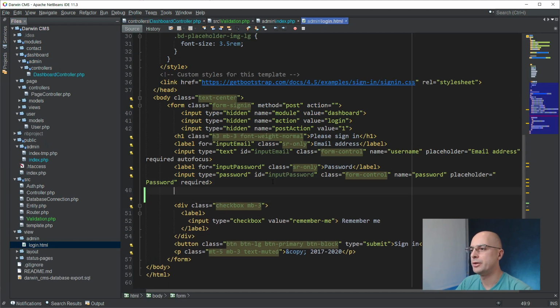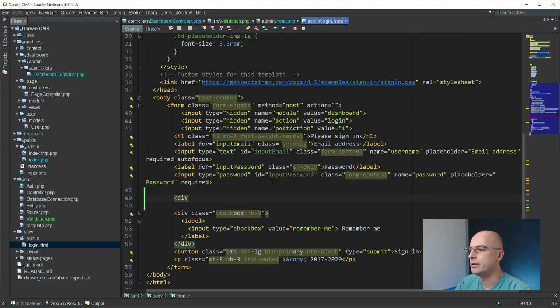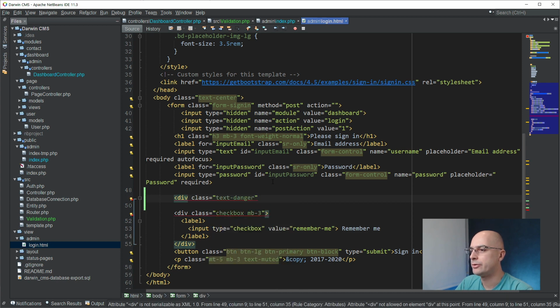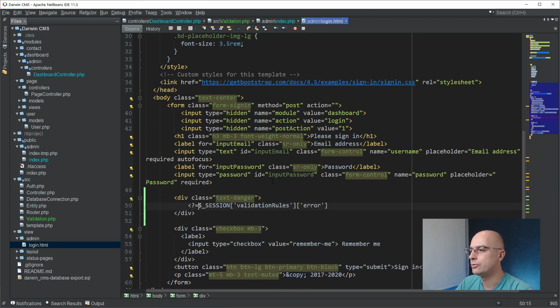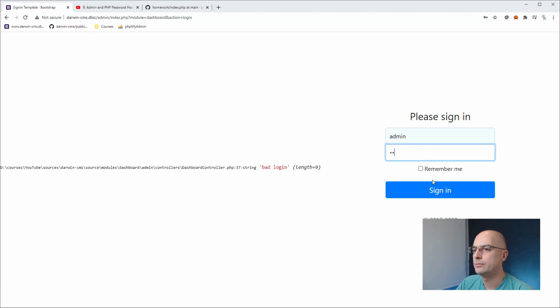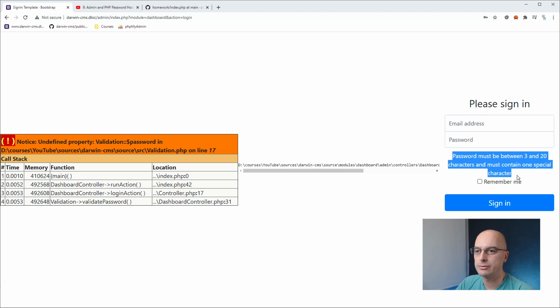And we can put it right here under the password in one div, for example, with a class. Since we are using Bootstrap, we can say text-danger, for example. So we are just going to echo this variable, and if it's null, then we are just going to put an empty string. And now if we try our luck with the login, we get the password must be between